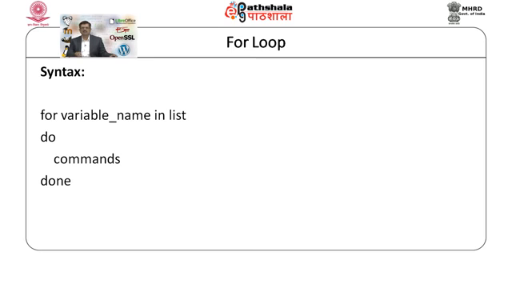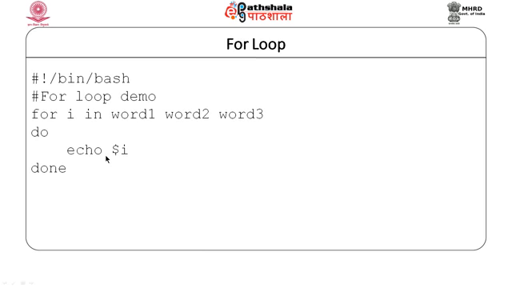Let us move to for loop. In shell scripting, for loop is different than the for loop in C or C++. Here, we take a variable name and we provide the list. The list may contain 4 values, it may contain 5, 6 values and so on. So, if there are 4 values in the list, this loop will iterate 4 times. Again, as you can see, the loop begins with do and ends with done, and a set of commands can be placed within the do and done keywords. Let us see how we can use for loop.